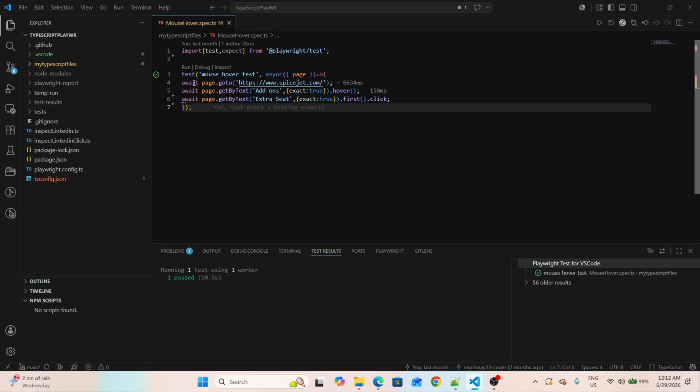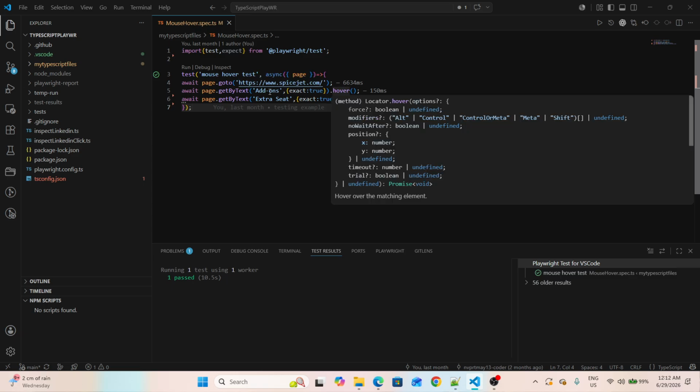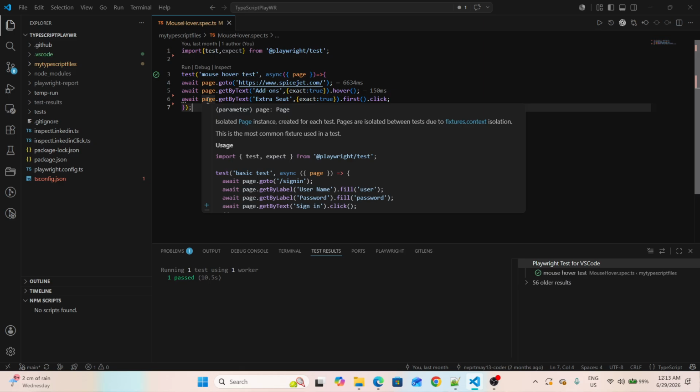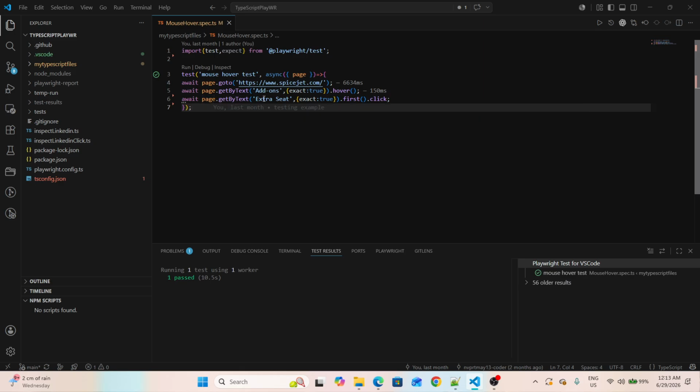write a code that await page dot goto. This is my target URL. So I used SpiceJet.com, and I used await page dot get by text. I checked that the add-on is there, and while hovering on that add-on, this reveals the hidden dropdown without clicking. Okay, and next I check that page dot get by text extra seat is there, and I need to